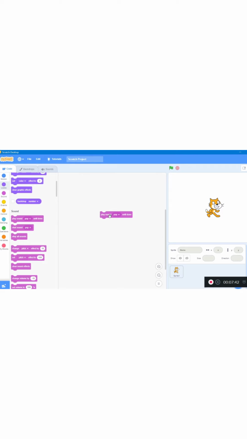With the help of this we can fix any different command, any different code at the top of this, and with the help of this notch we can arrange our coding.